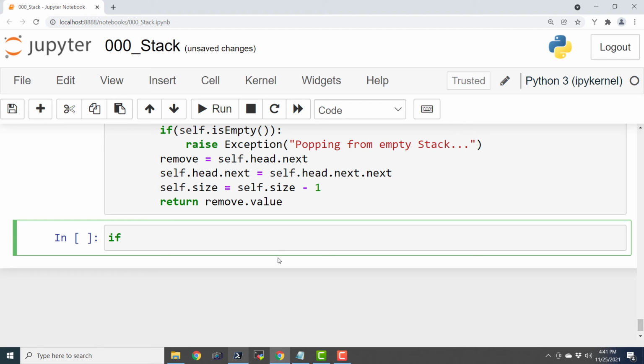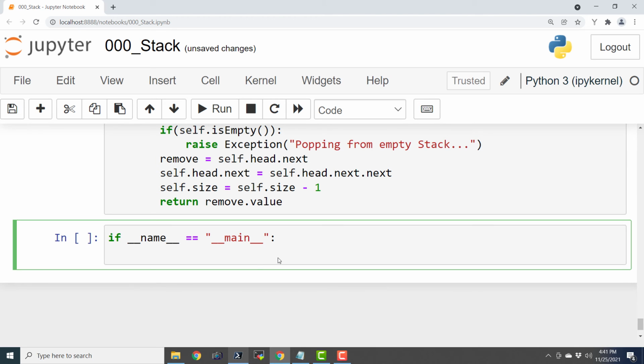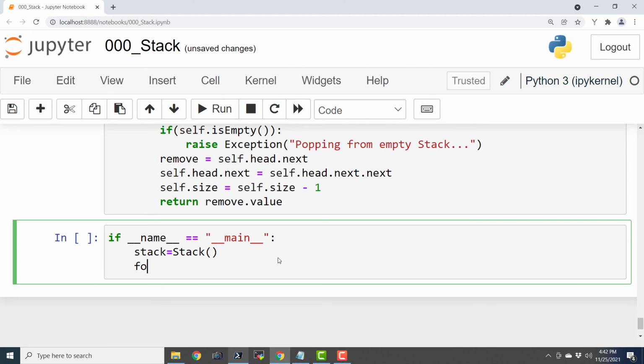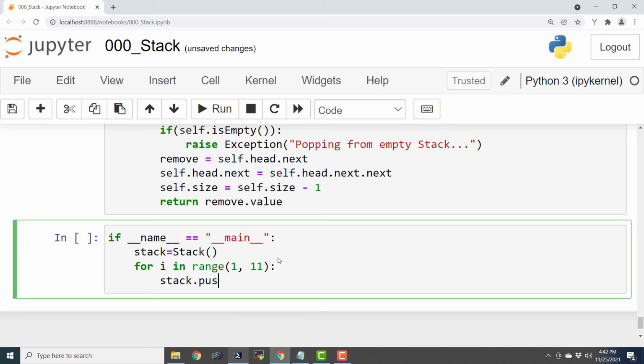And since we are using object oriented programming, I would like to experiment with if __name__ equals main. stack equals Stack(), for i in range 1 comma 11, stack.push(i).